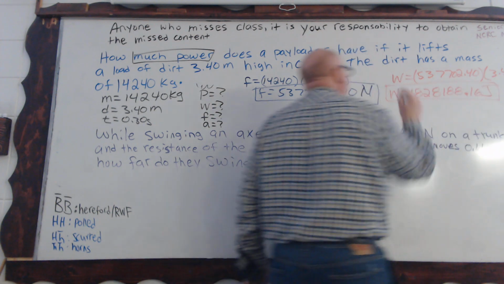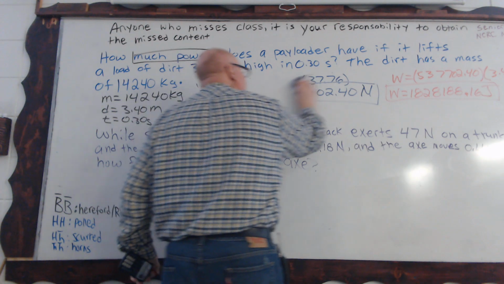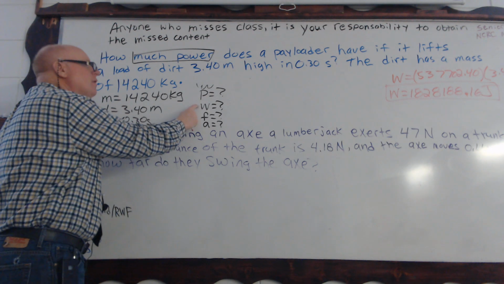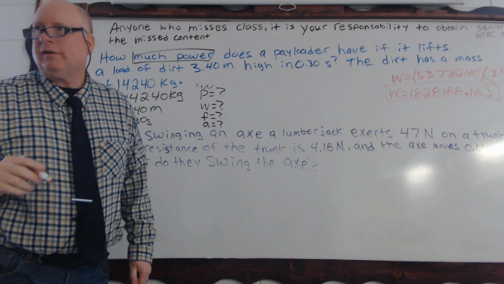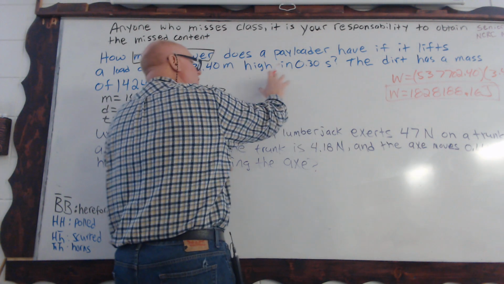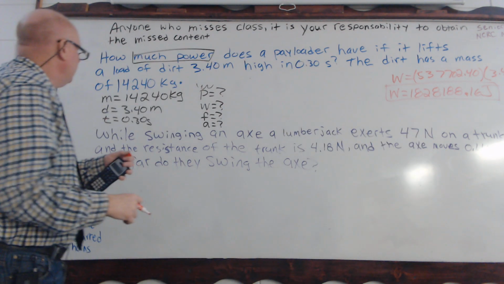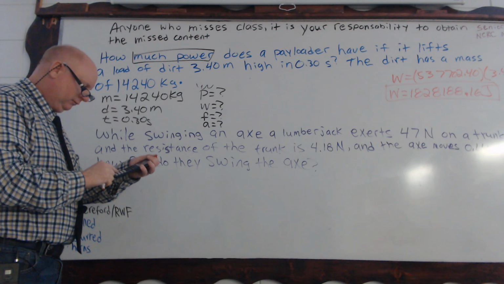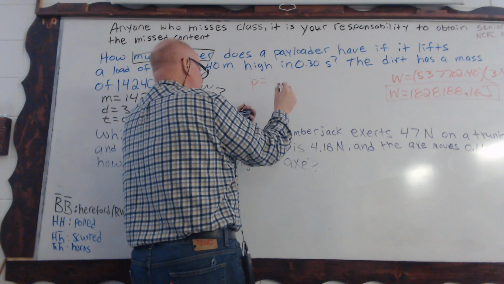So now that we've calculated that, we can get rid of this. So again, we just go right up the ladder. We found our work. Finally, how do we find our power? So we can take this number, and since we're running out of space, you can just hit divided by our time, which is 0.30. So our power then equals